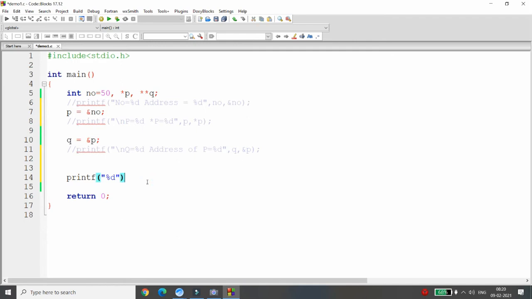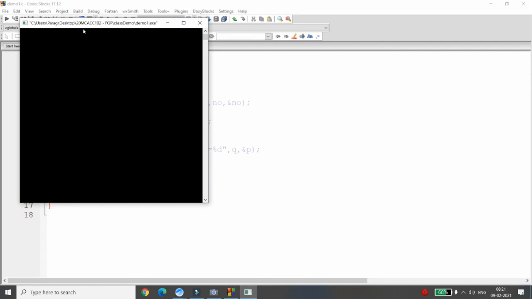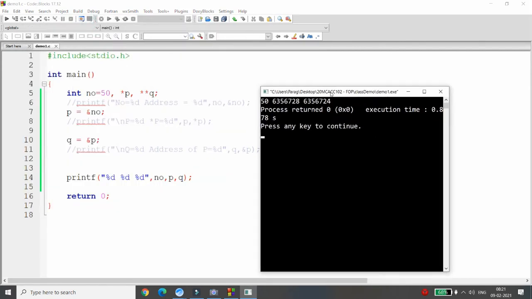I'm simply printing the three numbers over here. If you print number, it will print 50. If you print P, it will print the value, that is the address of the number. And if you print Q, it will print the value of Q, that is the address of P. Whenever you run this, all the values will be different, but you can get the idea that 50 is stored at this address.